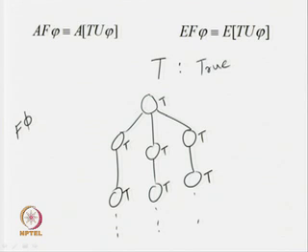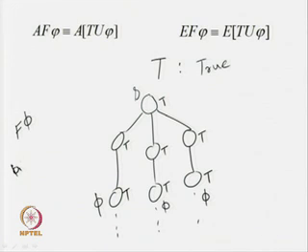So, that means if you consider this particular part, if phi is true over here, then we will say that F phi is true in this particular part. Similarly, if it is true in all those particular parts, then we will say that F phi is true in this particular state S. And what is the until operator?